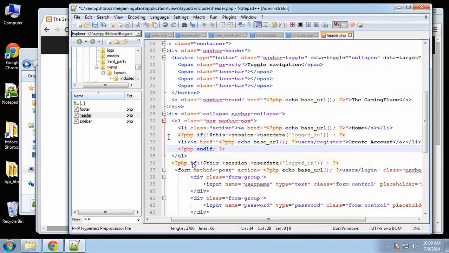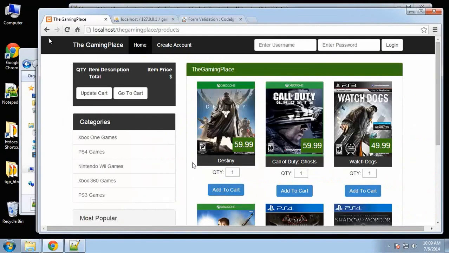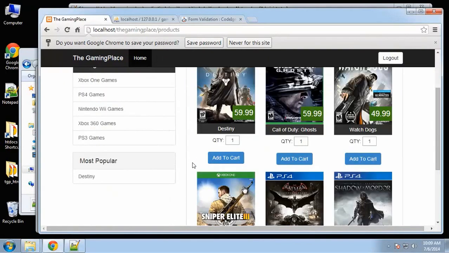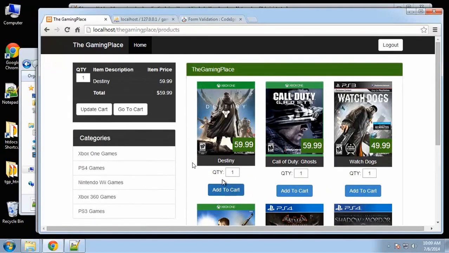Alright, save that, reload. We're not logged in, so we see the create account, but let's go ahead and log in. Was it J Doe? And now the create account link is gone. Alright, so let's try to add to cart. That works good. If we go to the cart,